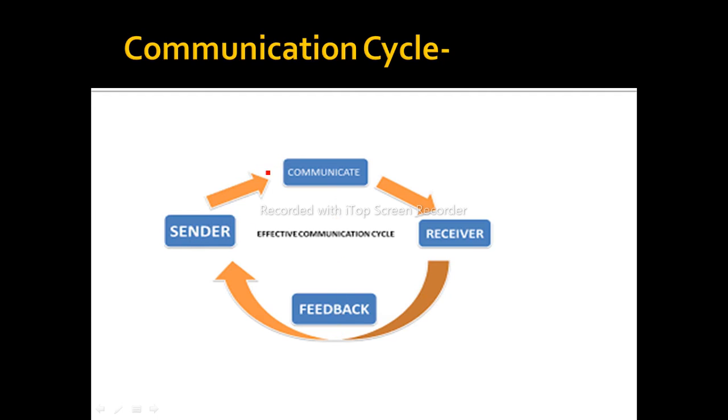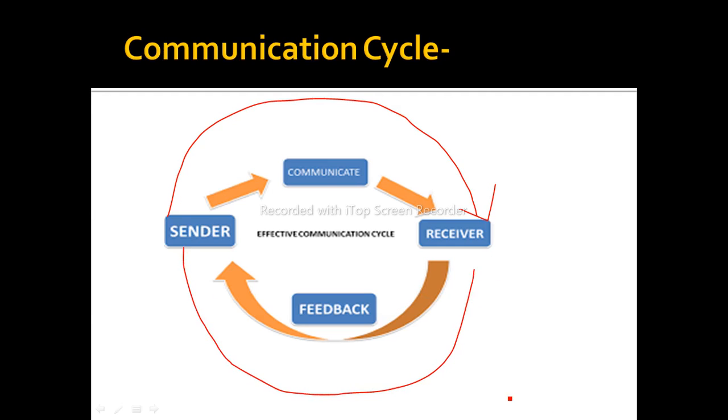A sender is sending some information to the receiver, and if the receiver understands that, then the receiver will give positive feedback. We could say server also if we are dealing with client-server architecture in computers, but here we are talking about communication skills between humans. So if a sender is sending a positive message, then he or she will give positive feedback.